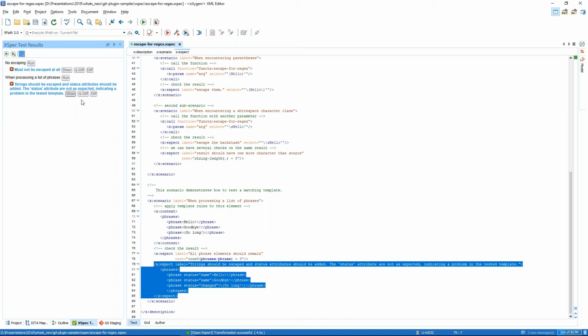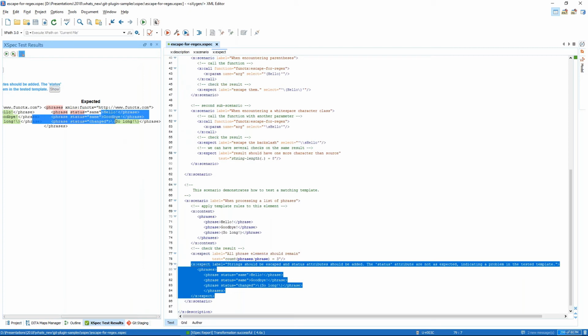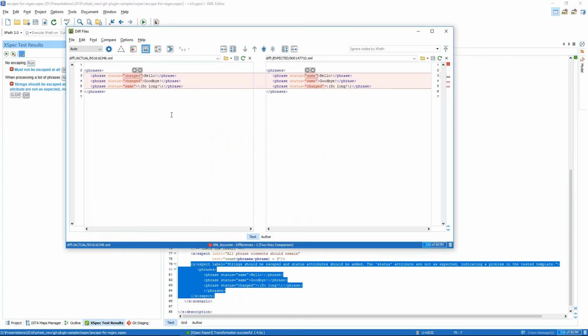I can see a quick diff of what the expected result is and what it should be. But especially if you're asserting XML structure, seeing the differences in such a way can be difficult. So it can be difficult to understand what's happening. In these cases, if you click diff, again, Oxygen's diff tool will be launched. So here I can easily see that